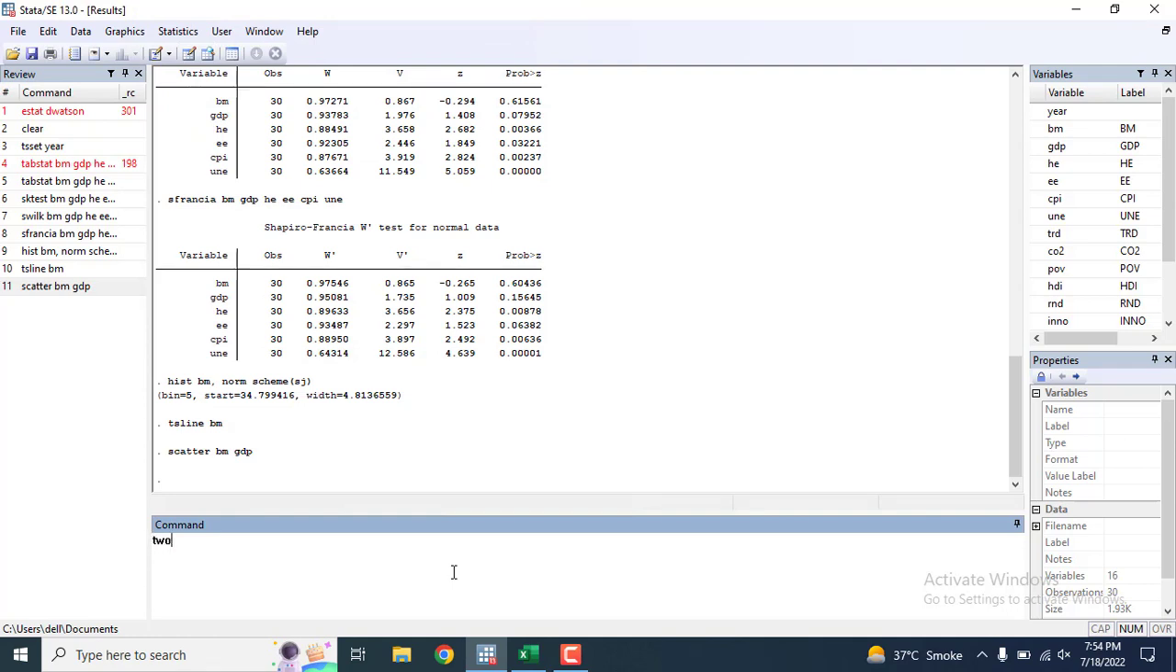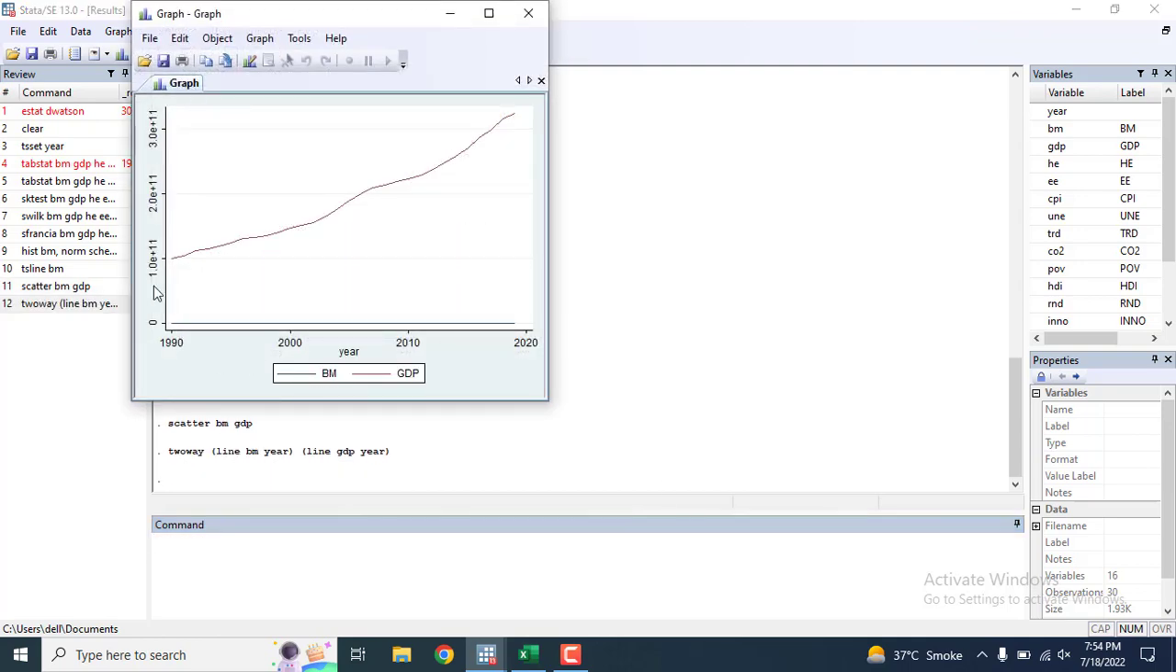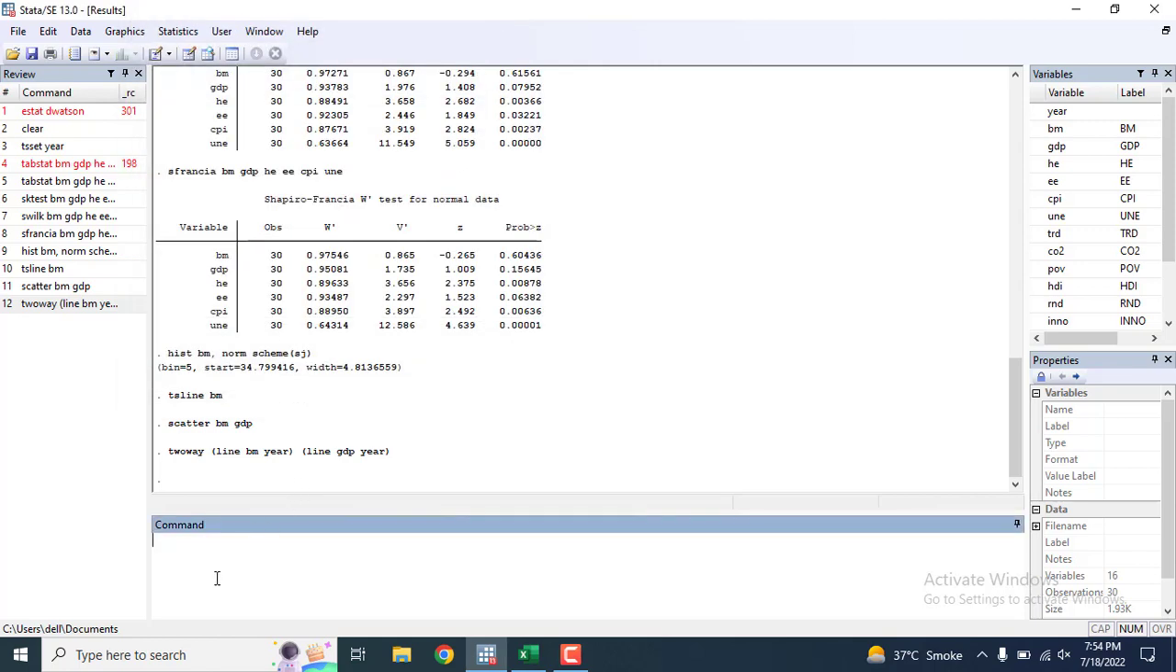The graph is called twoway, and you write line BM here. So there's one graph, and then line BM GDP here. The problem is that this way there will be two lines, but the units of GDP are too big. So what you can do is go down and say